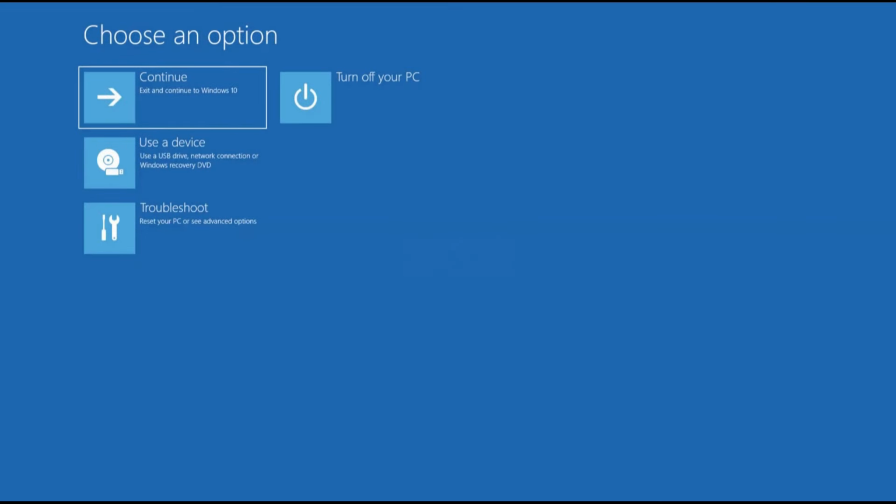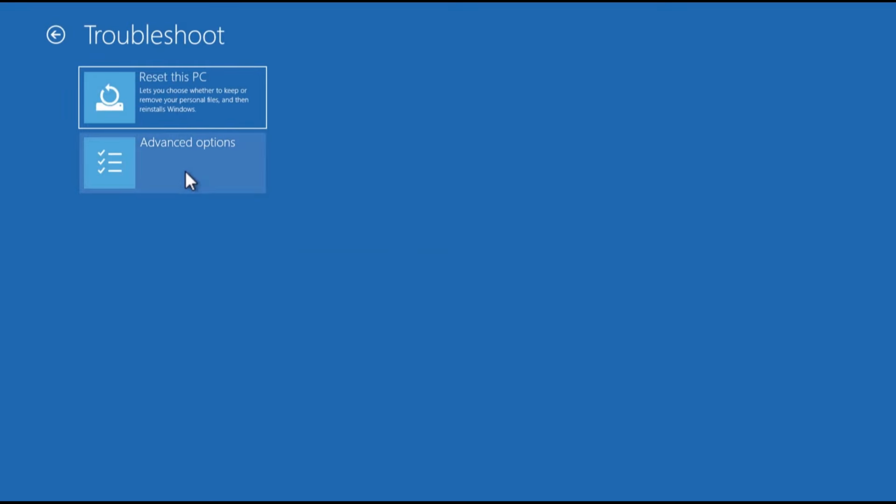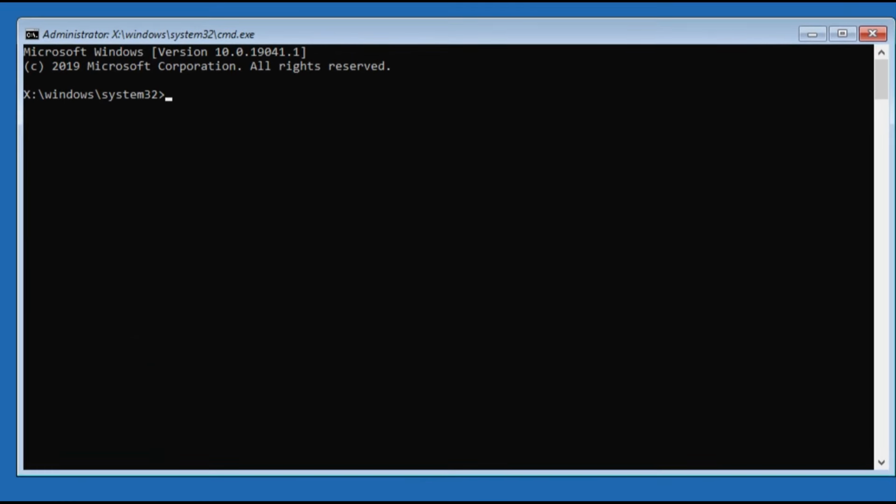Once your system restarts into the Advanced option, navigate from Troubleshoot to Advanced option, then to Command Prompt. Type C:. CD Windows, CD System32,